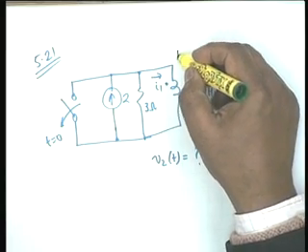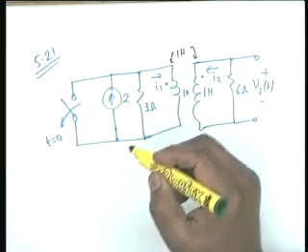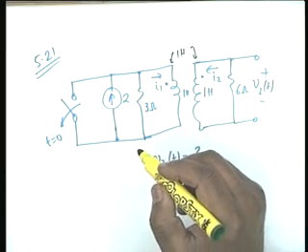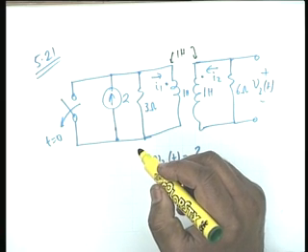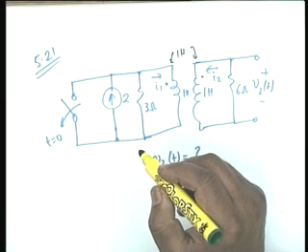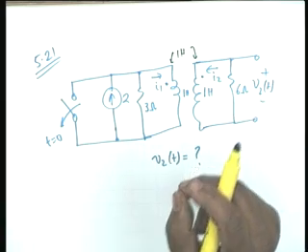The mutual inductance is given as 1 Henry. What does this mean? It means M squared is equal to L1 L2, that is, it's a perfect transformer. And if it is a perfect transformer, then if you work in the time domain, you will have to find I1 0 plus and I2 0 plus. All right. On the other hand, if you work in the frequency domain, you don't bother about this.